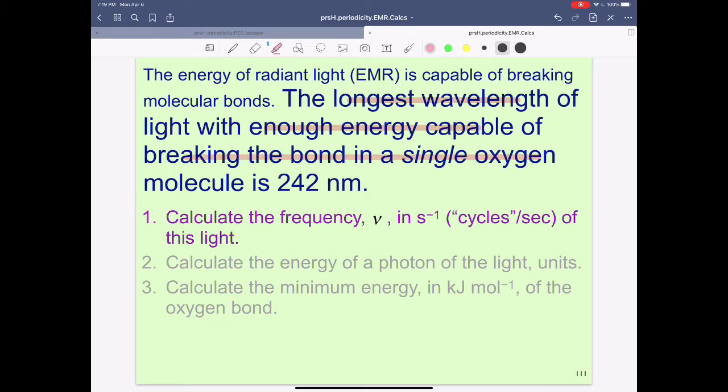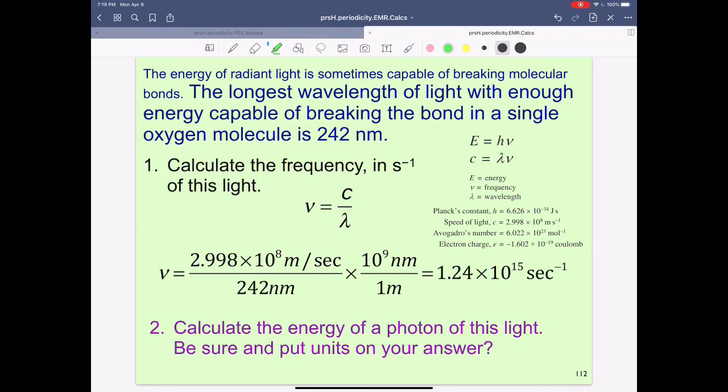The wavelength is 242 nanometers, and you're being asked in this problem to calculate the frequency. So let's take a look. We need to use the equation frequency as it's related to wavelength through the speed of light. So you could revise that equation, solve for frequency, but what you may not have known or be aware of is that